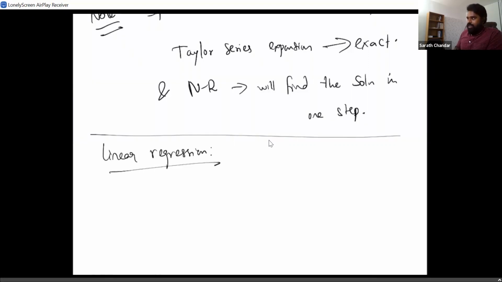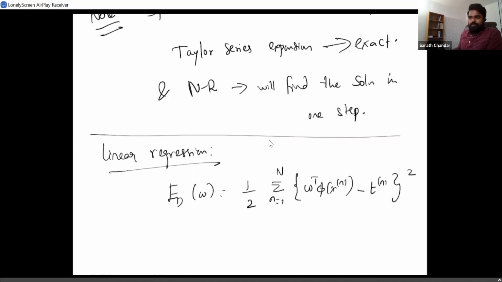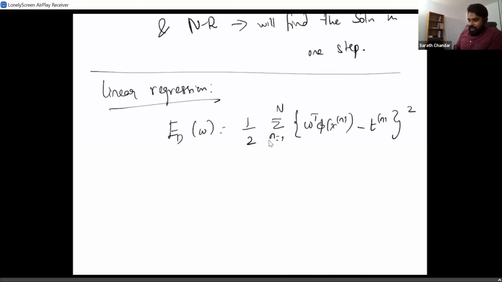Okay, I'm going to do linear regression, and remember that in the case of linear regression, the error function is given by 1/2 summation over n equals 1 to capital N of (W transpose phi of xn minus t of n) the whole square. I'm assuming a basis function model. Right? Okay, so now the gradient